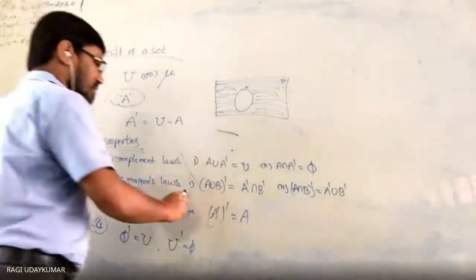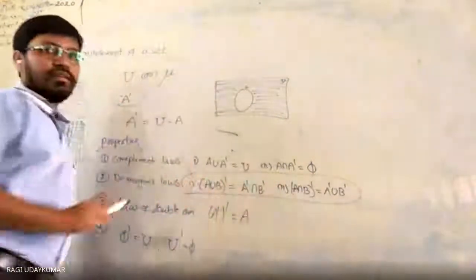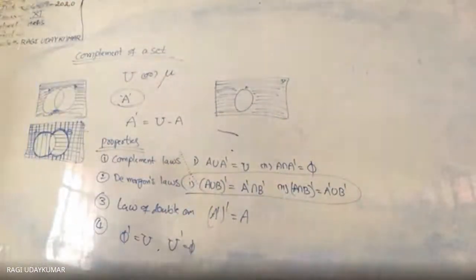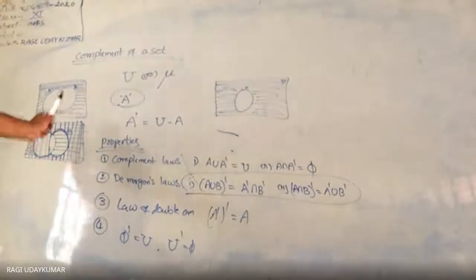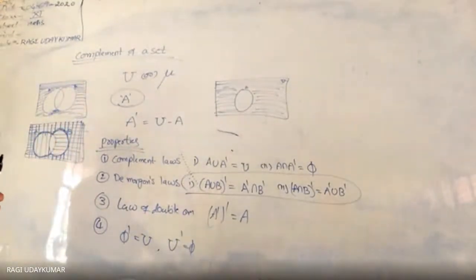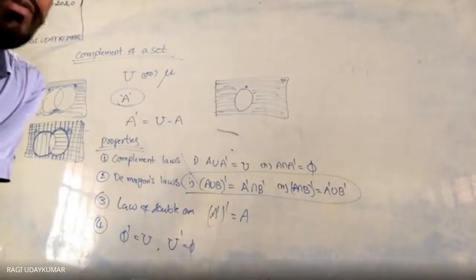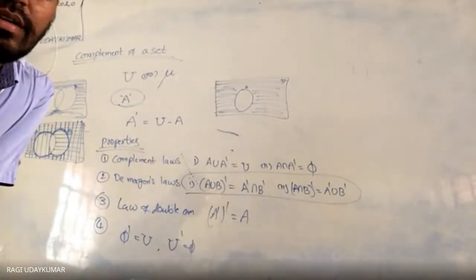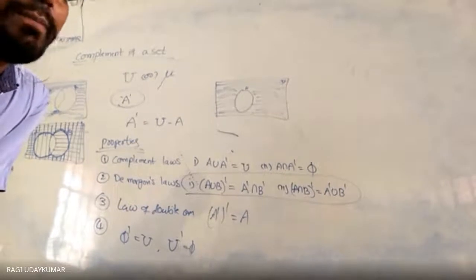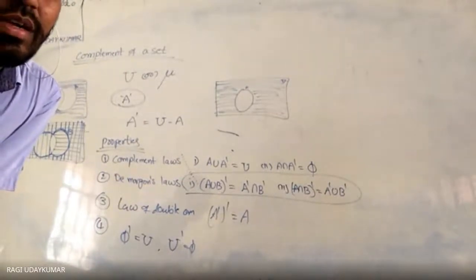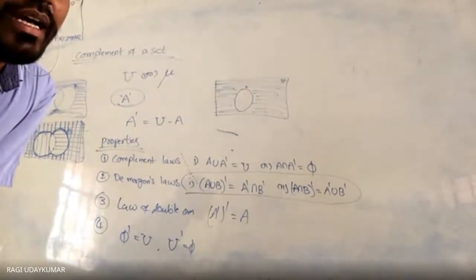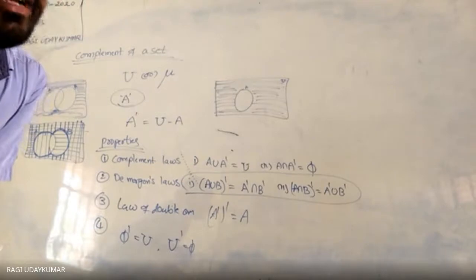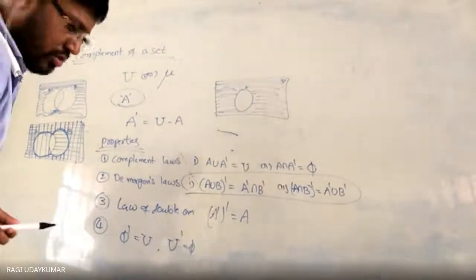The main laws here are De Morgan's laws. These are the main laws you have to know. All these laws can be verified using Venn diagrams. Here I have told you one Venn diagram too. You can verify it. Okay. So let us go for exercise number 1.5. Whatever questions are given in 1.5 are completely based on complements. These questions you can do. It's not very difficult for you, I think so.